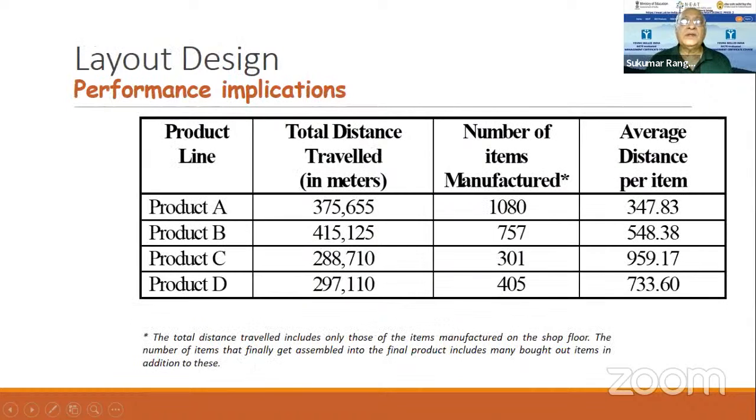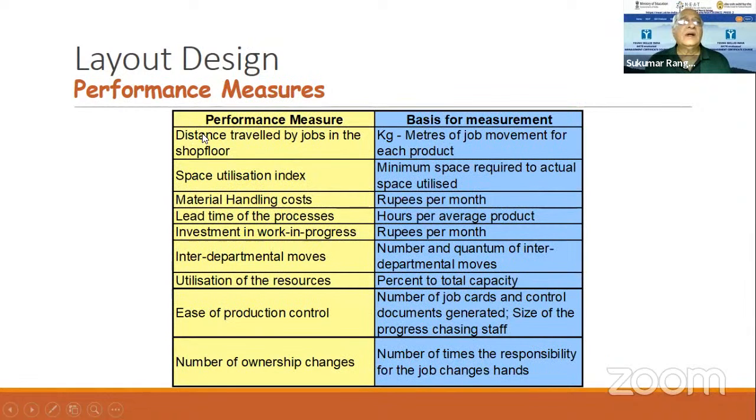Layout design implications: of course, you can calculate this way the average distance traveled and all that, and then change the layout to suit the minimum distance traveled. Layout design performance measures: distance is there, space utilization,